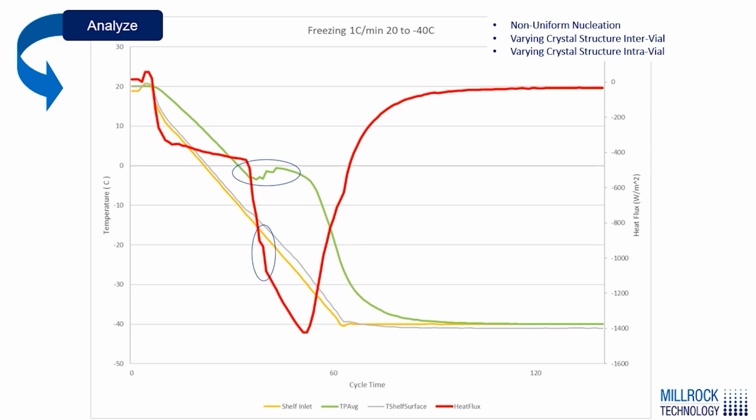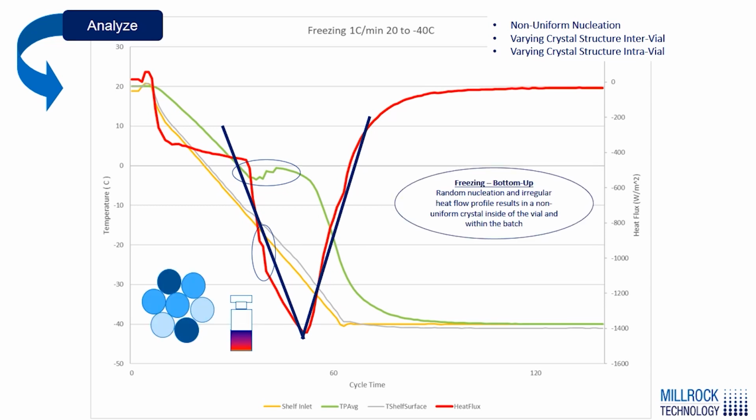And what we notice here is that we have vials nucleating at a range of different times and temperatures, followed by a sharp, deep V in the heat flux. So what this means is that due to the random spontaneous nucleation, we have non-uniformity across the batch of vials. Since they're nucleating at different temperatures and different times, and then after nucleation they're going to be freezing at different rates, we have non-uniformity across the batch of vials, as well as non-uniformity within the crystal structure of each vial